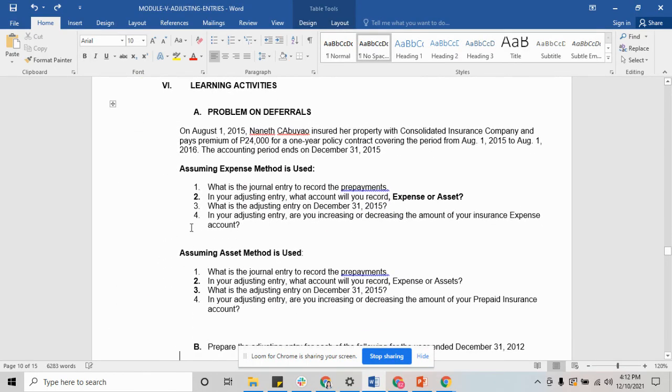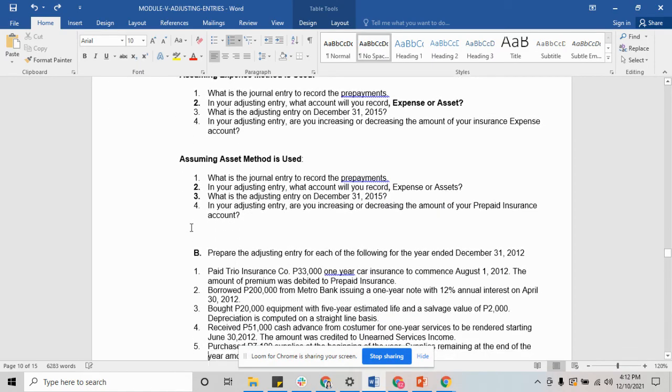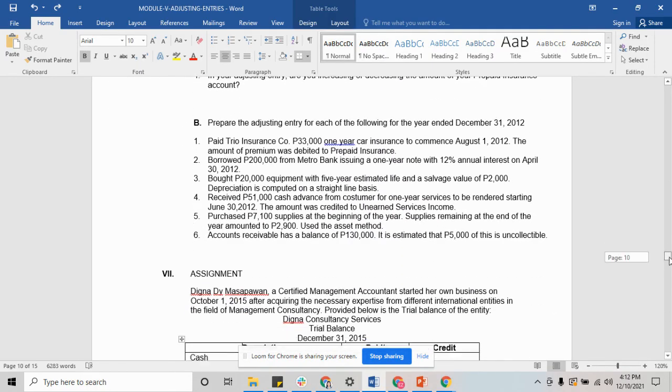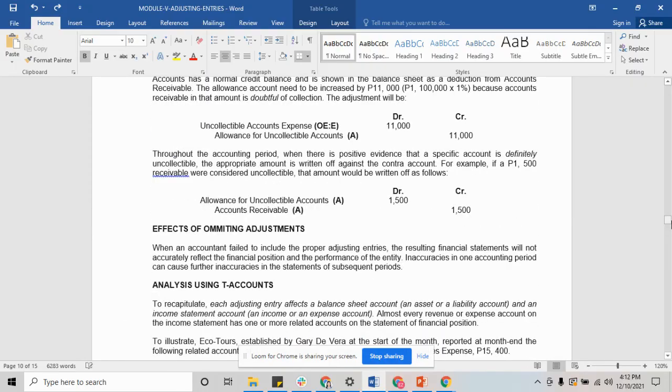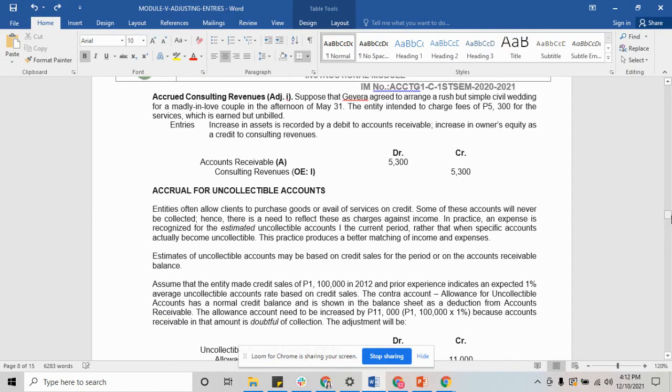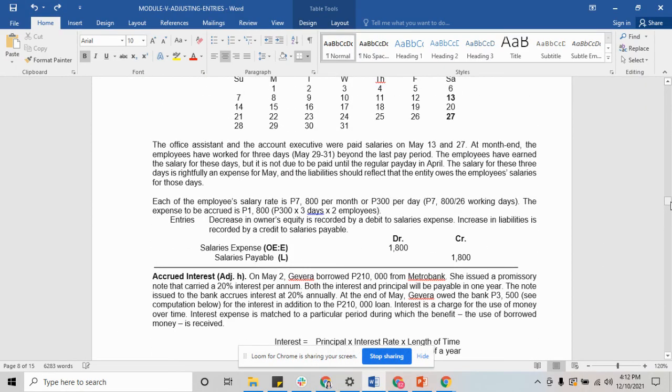Okay. So, this ends the discussion on adjusting entries. If you have questions, feel free to send a message in our Teams and